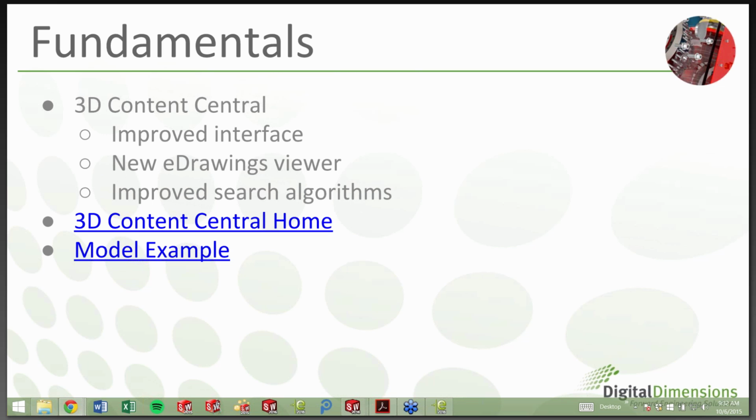Some of the highlights this year: they've updated the website, making it easier to search and find content, with an improved interface. We have a new eDrawings viewer with some improved capabilities, which I'm going to show you guys, which is probably one of my favorite features. Expanded storage limits, and they also have a 3D preview and download of the models on your company's website. So let's go ahead and jump into